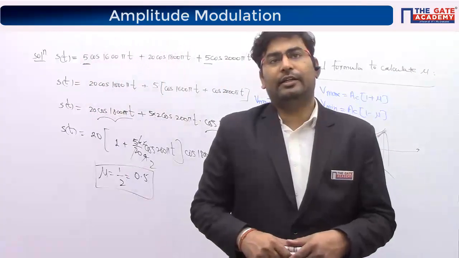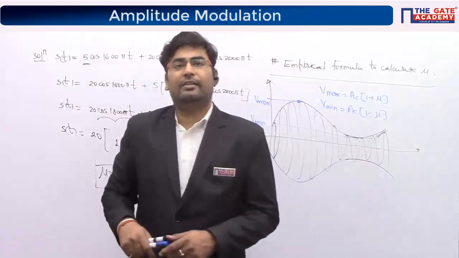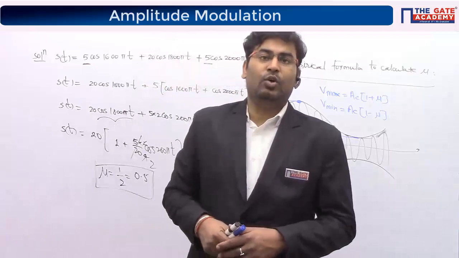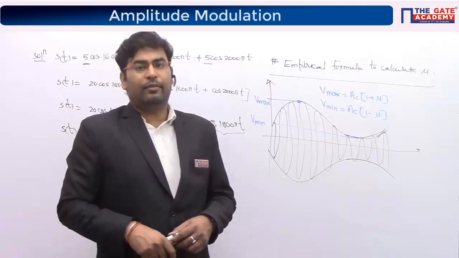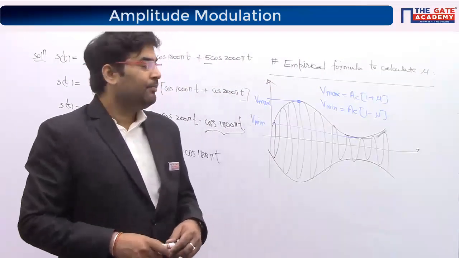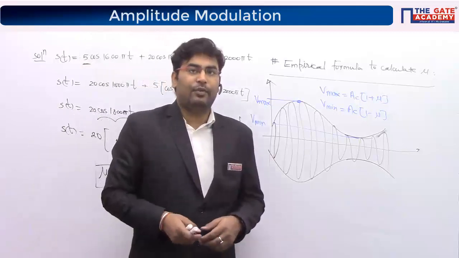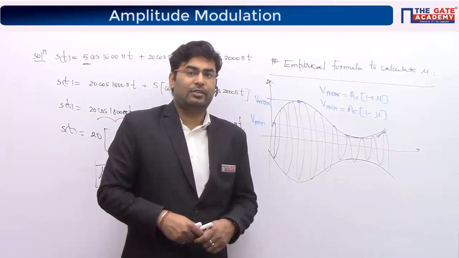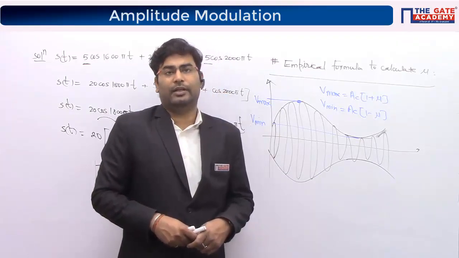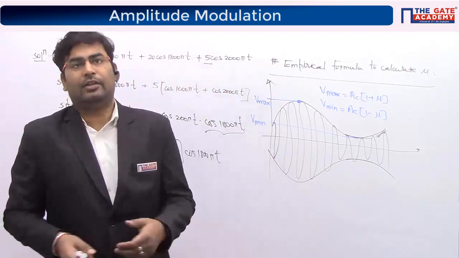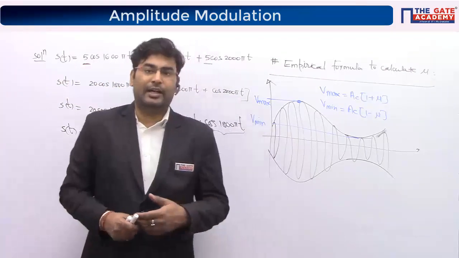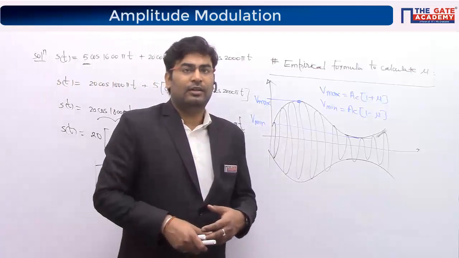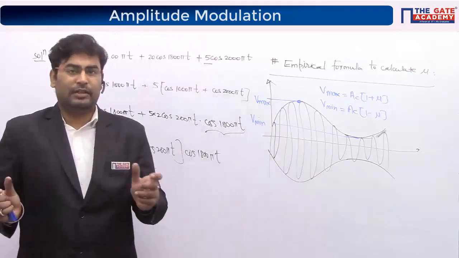If the question has 2200 pi t, then there was no way to get it. I don't know any trigonometric manipulation which could have given you the standard AM modulation scheme. So that was a typo from the paper side. Then I rechecked in the paper, it is not 2200 pi t, it is 2000 pi t. If you have any trigonometric manipulations to still get the standard form, let us know. But I don't think it could be done. That is the reason it has to be a certain number.